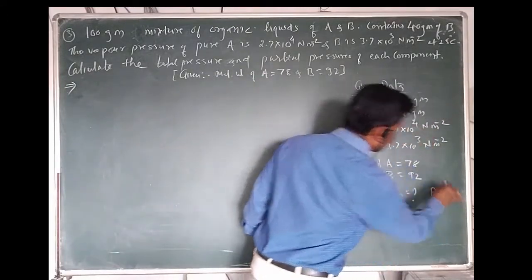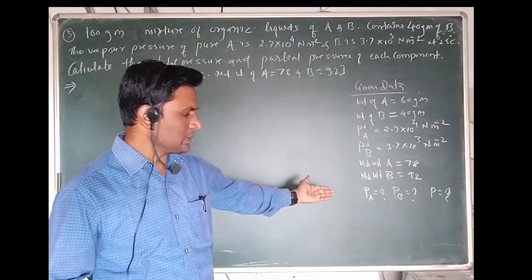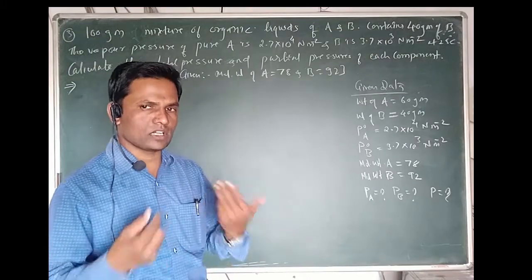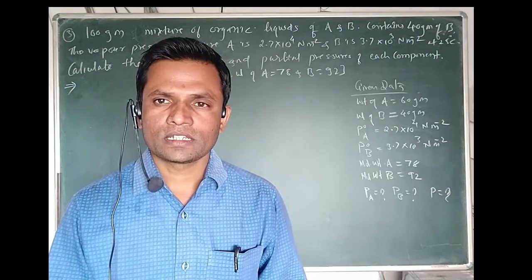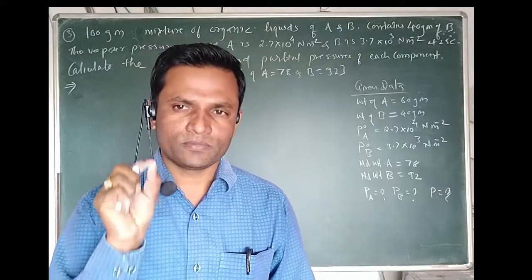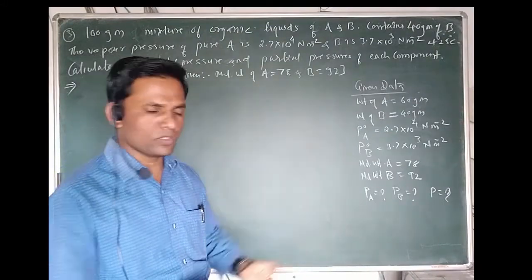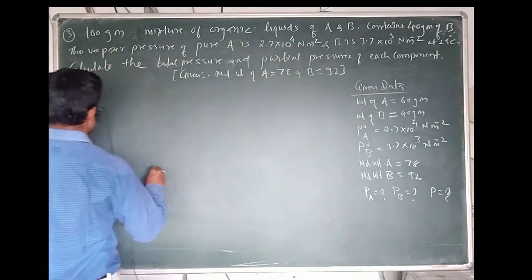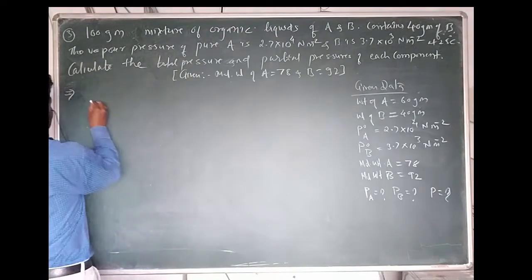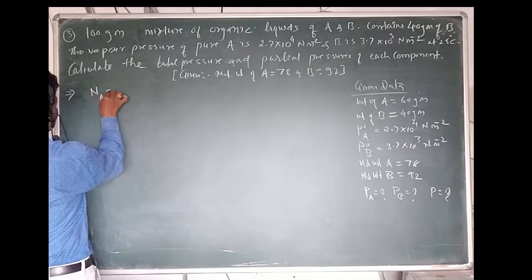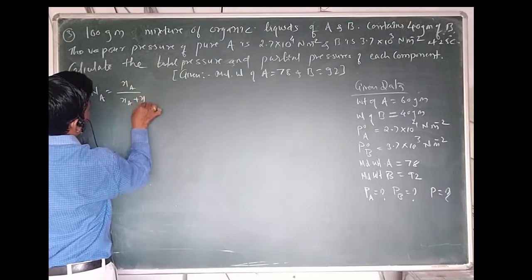Okay, are you getting my point? So it is very simple how it is calculated. For calculating the partial vapor pressure, we have the Raoult's law formula: partial vapor pressure is equal to mole fraction into vapor pressure of the pure component, that is, of A and B. We have the P0A and P0B values, so we can first calculate the mole fractions. The mole fractions can be calculated with the help of the number of moles. So first we have to calculate the mole fraction of A equal to Na upon Na plus Nb, that is, the total number of moles.